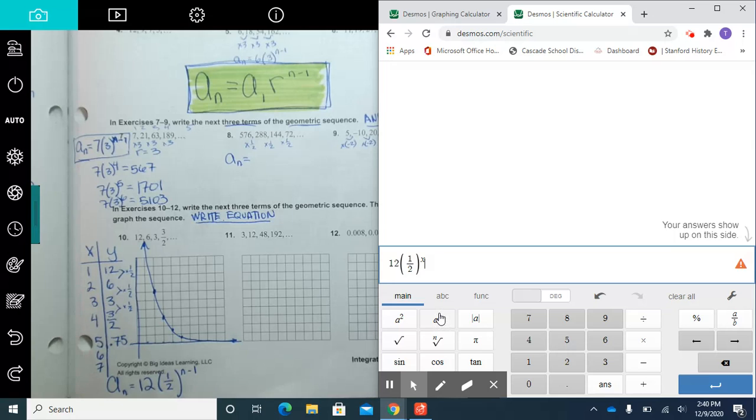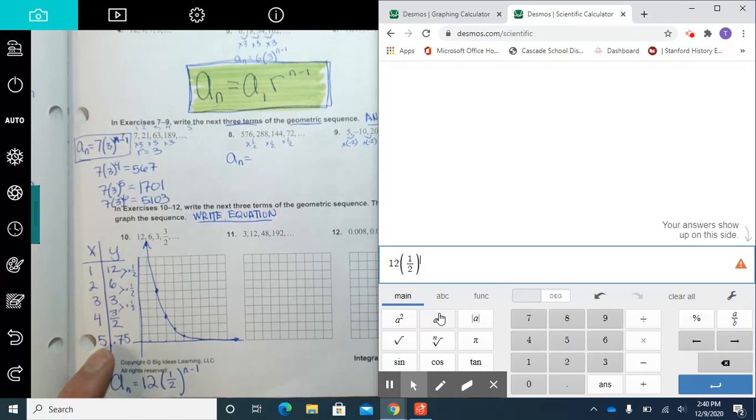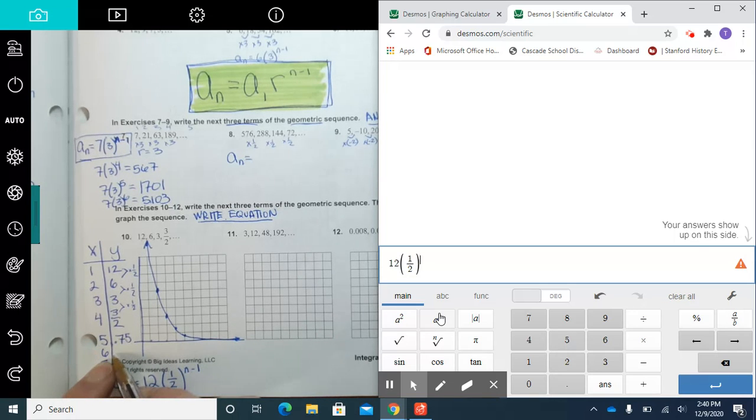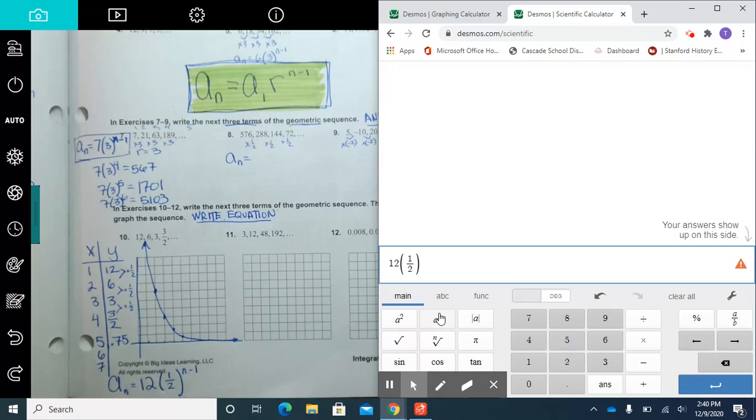Oh, actually, I don't need the x minus 1. I'm looking for which term. If I got my fifth term, this would be to the 4, since 5 minus 1 would be 4. But I'm looking for my sixth term. So 6 minus 1 would be 5. So if I put a 5 there, then I get